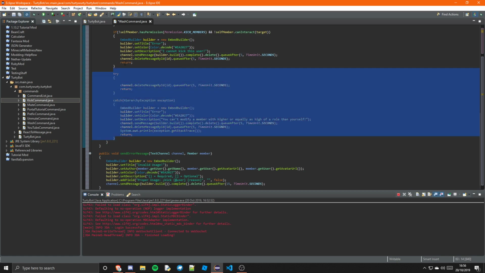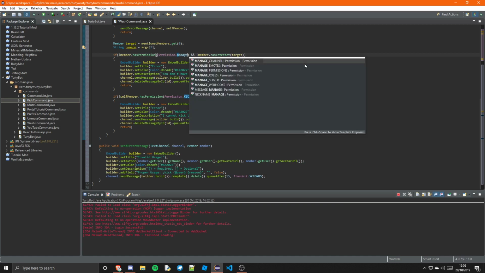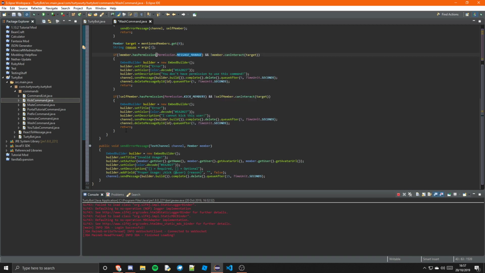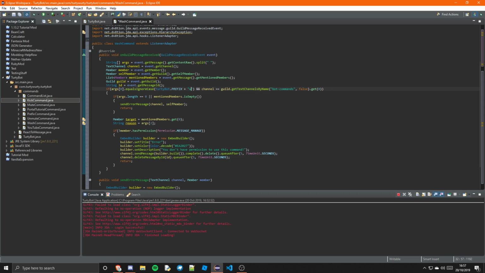We don't actually need the try. We do need to check that they have the kick permission. Wait, no, we need to check manage message actually. So if they don't have permission, so manage message, message manage, that's it. We can remove that one, and we don't want that one. We're going to have wash. I like that very much. We can have this in any channel,